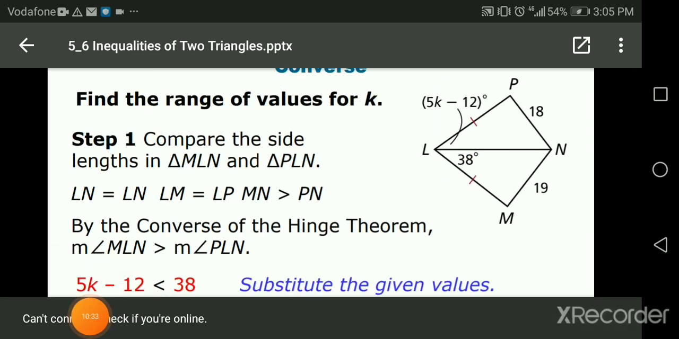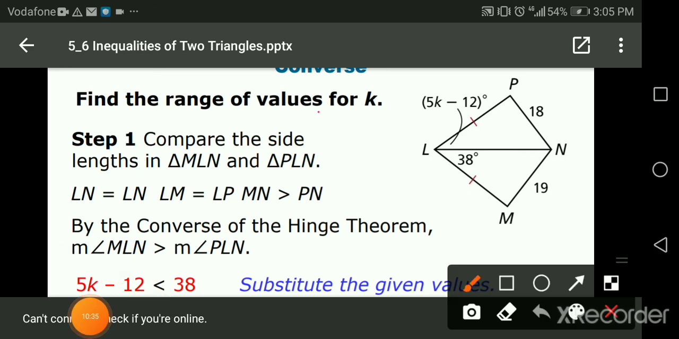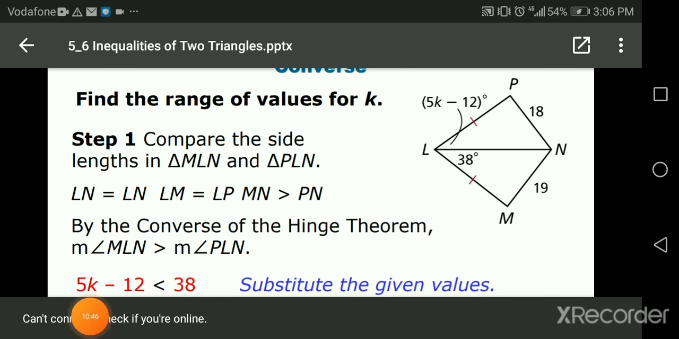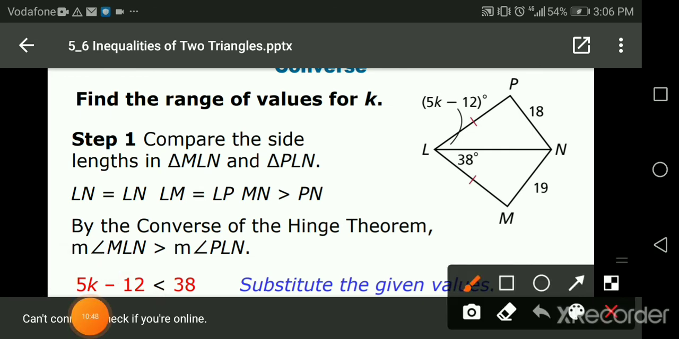Guys, we have here: find the range of values for K. Let's see, we have this diagram, and we're going to solve for that. Let's start. Step 1: compare the side lengths of MLN and PLN. Guys, why did you choose those? Because we have the value of K written in an expression. This expression here is an angle. It represents what, guys? Angle, which is